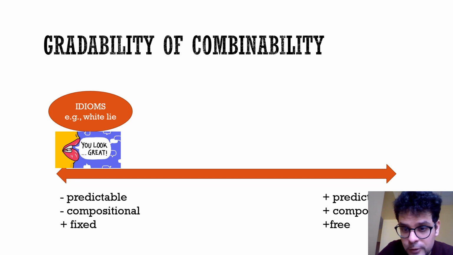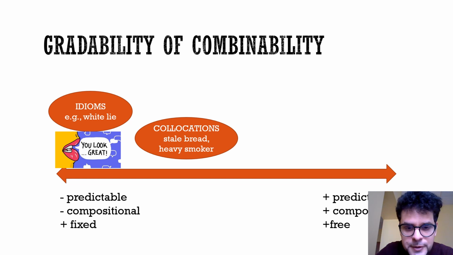So take the example of white lie. You look great today, when it's just said not to offend the other person, or to tell a white lie. So of course here white doesn't have anything to do directly with the color white, but it has a general symbolic meaning of not wanting to hurt someone. It might be easier for some speakers to remember white lie because there might be the same construction, the same combination in other languages. For instance, in Italian we say bugia bianca.